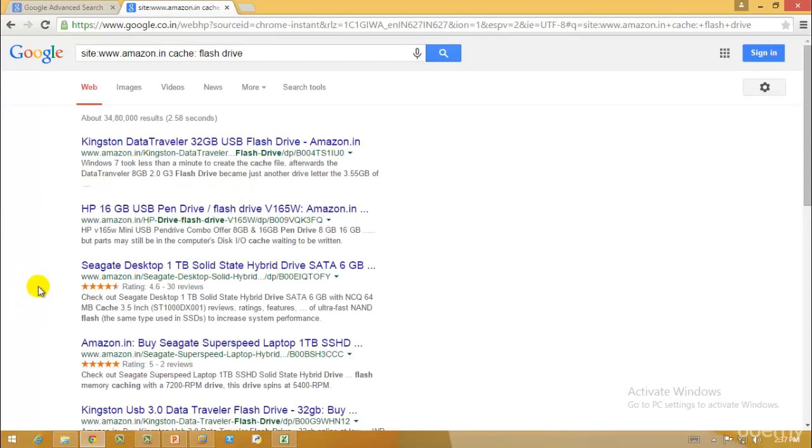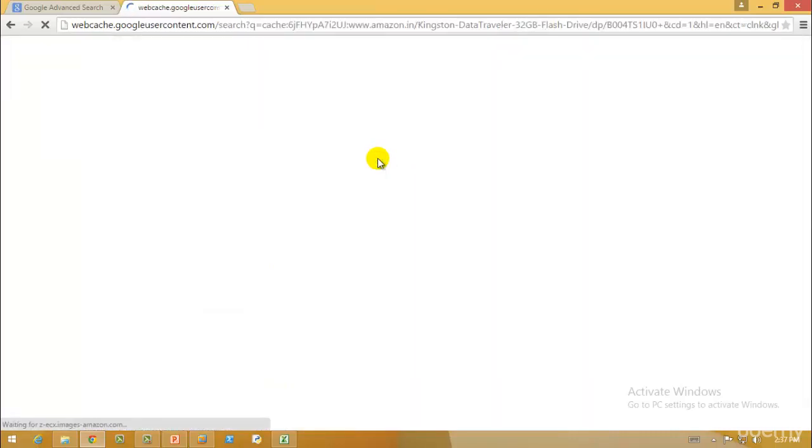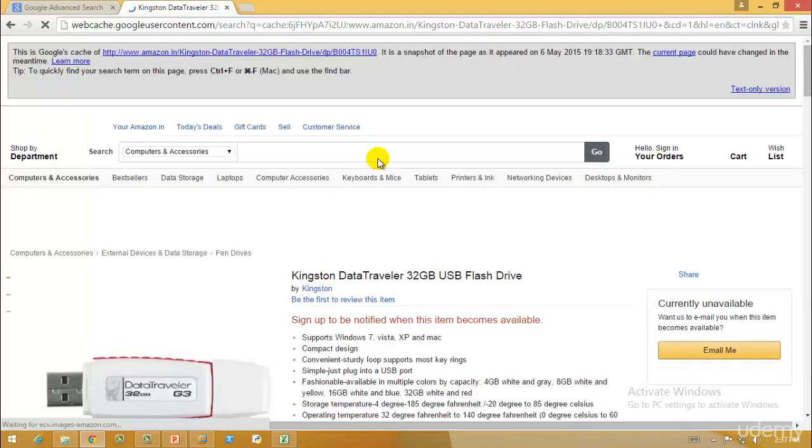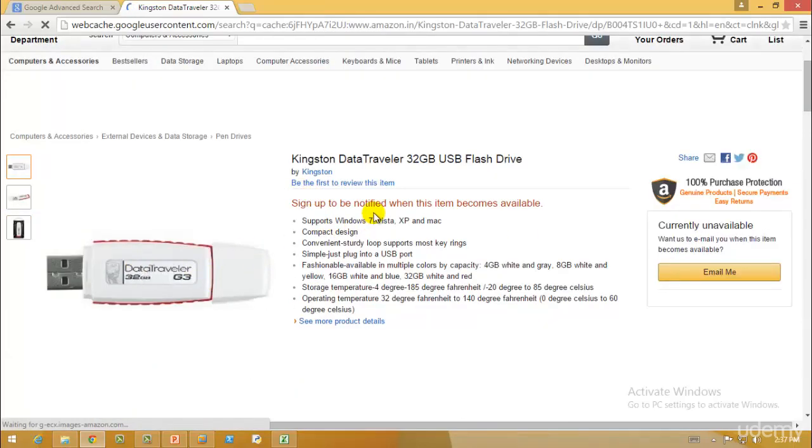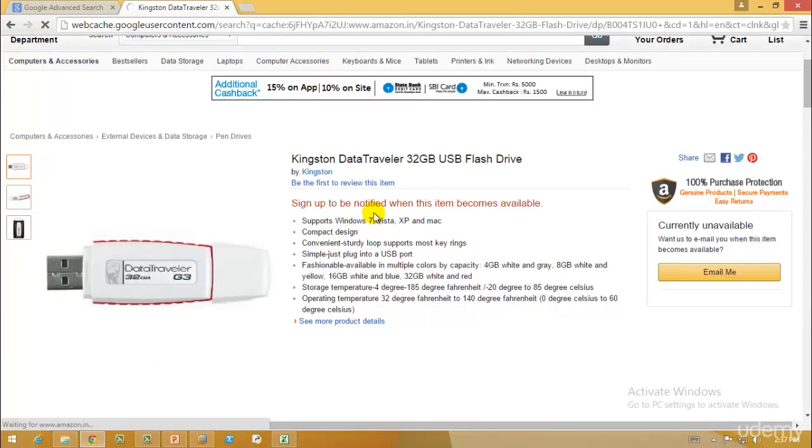As you can see, we have everything starting with the site Amazon, and we have the cached. If I check the cached web page, and if the Amazon website is not careful in keeping the cache memories, then what may happen, for example, is that Amazon has this 3G data traveler, let's say on the 30th of December, any specific